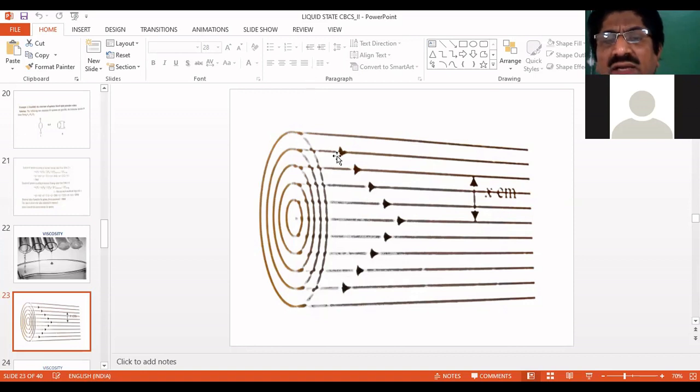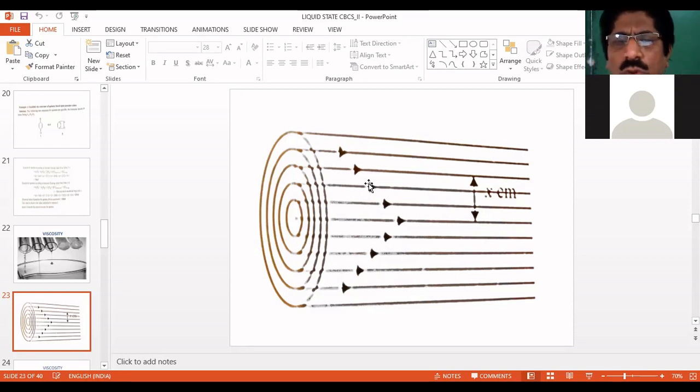Hence, one layer tries to resist the movement of another layer. Similarly, another layer tries to stop or resist the movement of the next layer, and so on. And because of this resistance, that is what is called